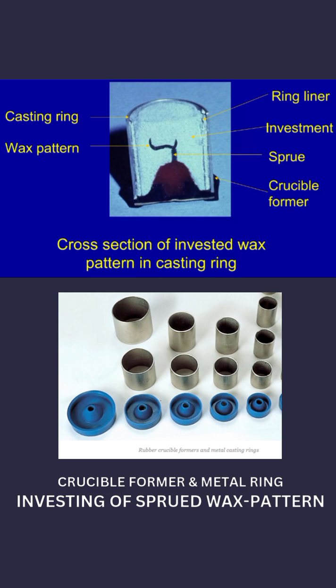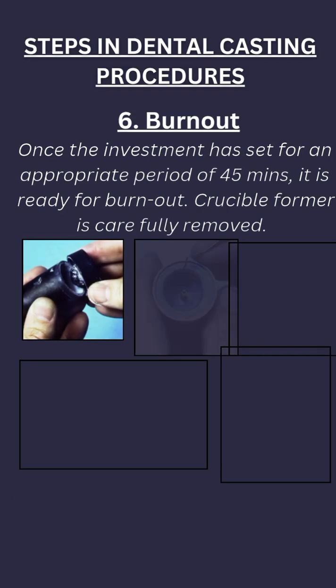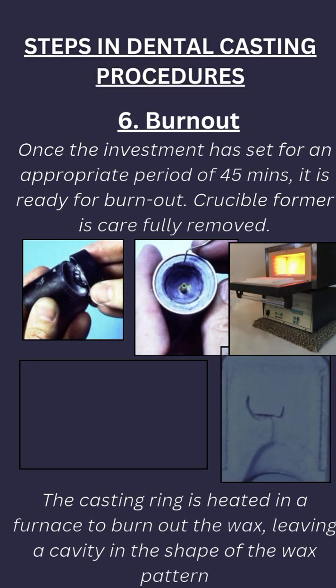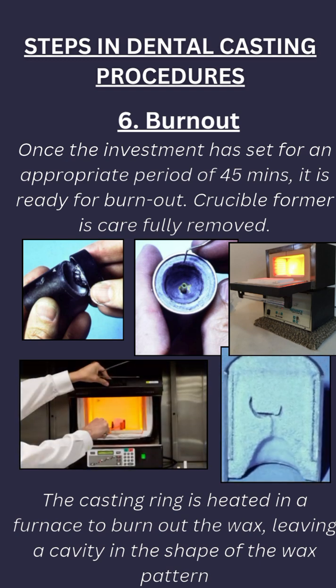Step in dental casting procedure number 6: burnout. Once the investment has set for an appropriate period, about 45 minutes, it is ready for burnout. The crucible former is carefully removed. The casting ring is heated in a furnace to burn out the wax, leaving a cavity in the shape of